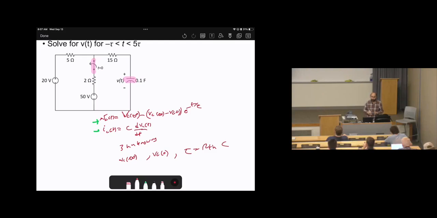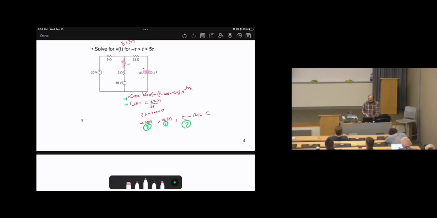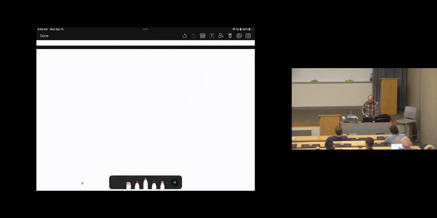So it's very important to plan very well so you know what's going on. Now, let's start to do it step by step. The first step is to find Vc of 0, the second step is to find tau, and the third step is to find Vc of infinity. That's according to our procedure. So we have our procedures here, then we can apply them. So step number 1,